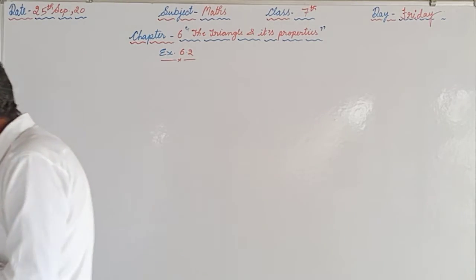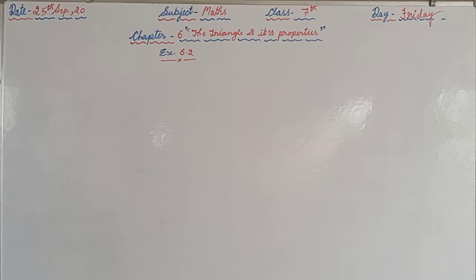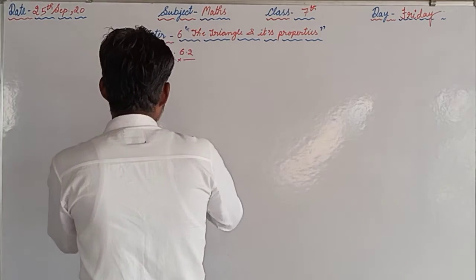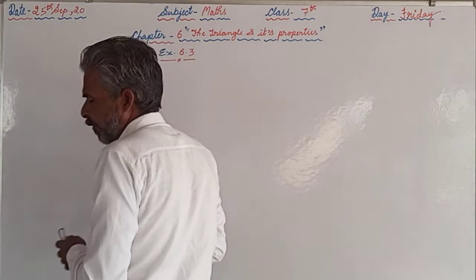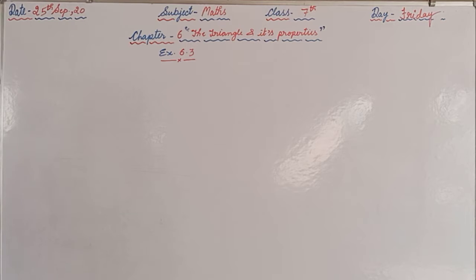Yesterday we were proceeding with exercise 6.3, that is exercise 6.3, and we have completed up to question number 2 part 5th, and part 6 I gave you as homework, but some students messaged us that they are unable to solve question number 5th and 6th, means part 5th and 6th of question number 2. So again we will repeat question number 5th, and after 5th we will do question number 6.